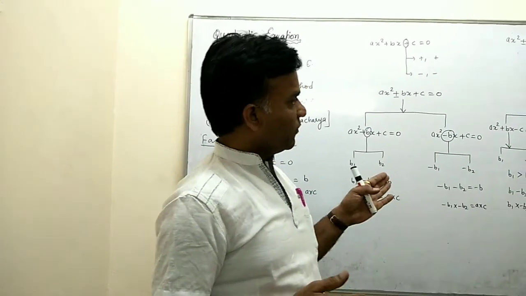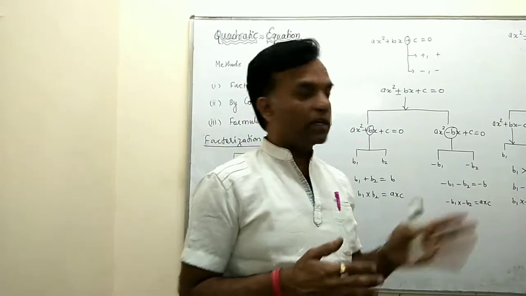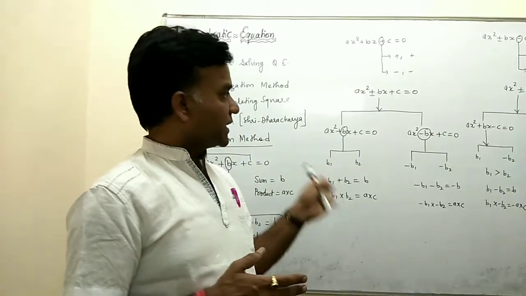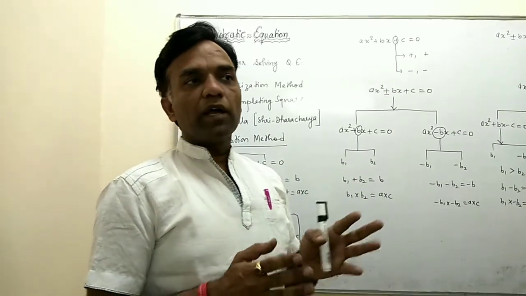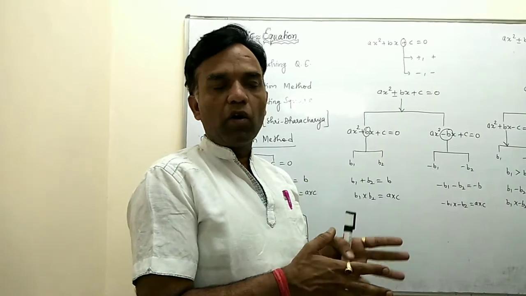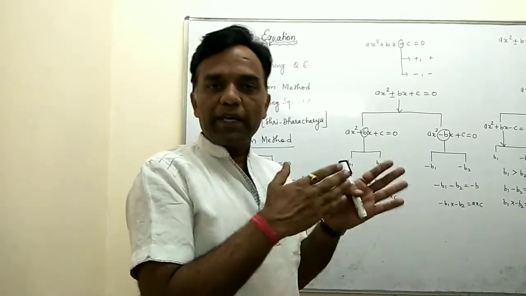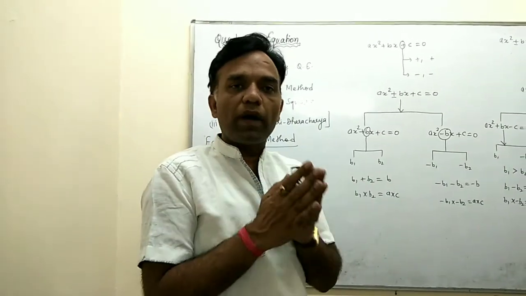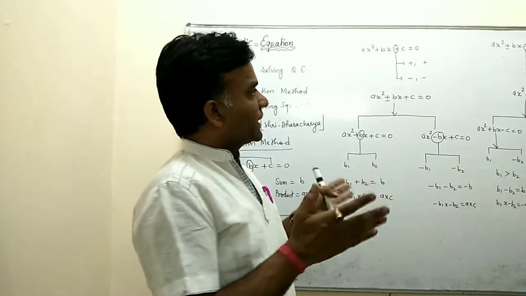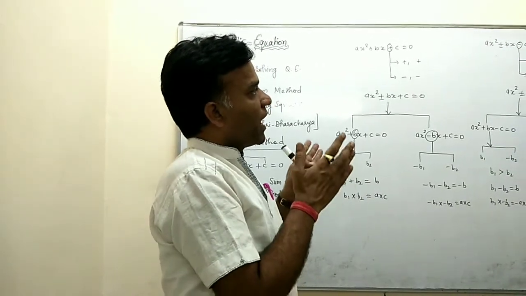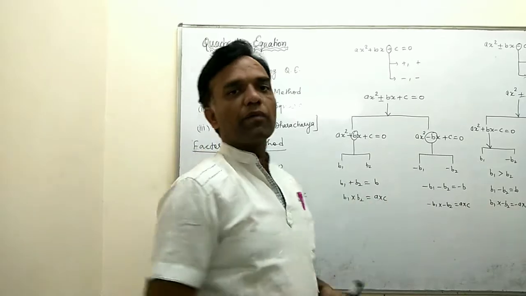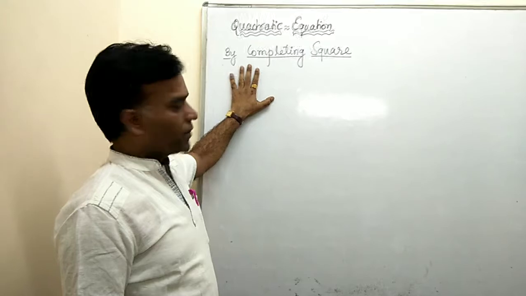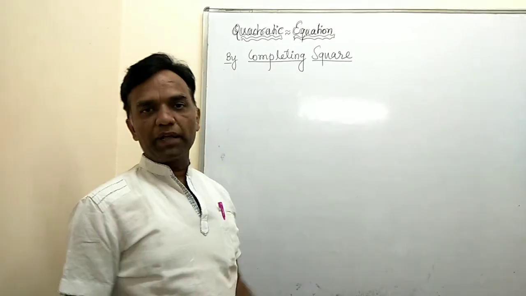Okay, so now a very easy concept, like in the factorization method. Now we have illustrated all the situations and written all the algorithms here. Now do the practice of any type of quadratic equation, with any nature of the sign given inside, and then you simplify in a very easy way. So now you have the concept for splitting the middle term or factorization of the quadratic equation. Now a method for solving the quadratic equation is by completing the square.